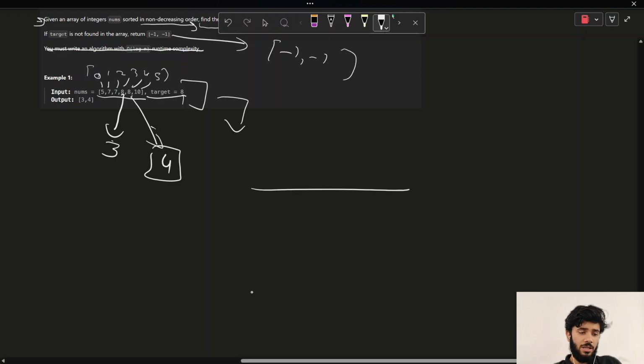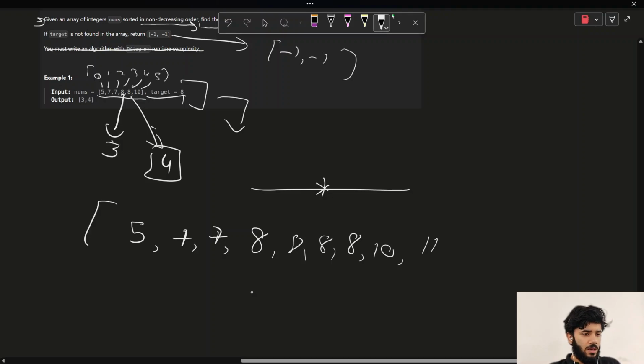Now let's understand the intuition which we can follow. First of all, if you are solving this problem for the first time, just suppose this array is something like 5, 7, 7, 8, 8, 8, 8, 10, 11. I have just modified this array and added some values inside it. Now in this sort of array, if the target element is still 8,